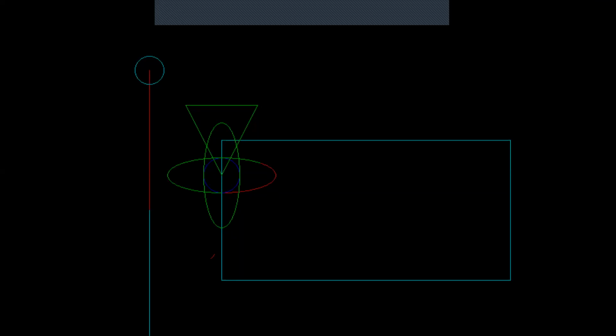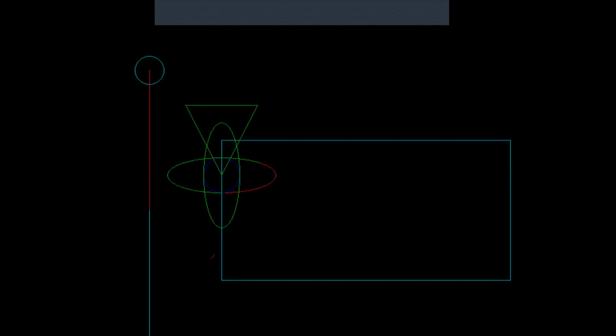Y was 75 and x radius was 25 only. And now we have the circle in between. Though I have written the ellipse command, I am getting a circle. Why? Because here x and y radius we have taken same, 25, 25. And that's why we are able to get the blue circle inside.